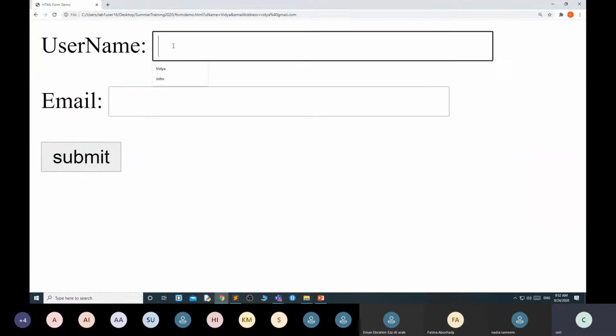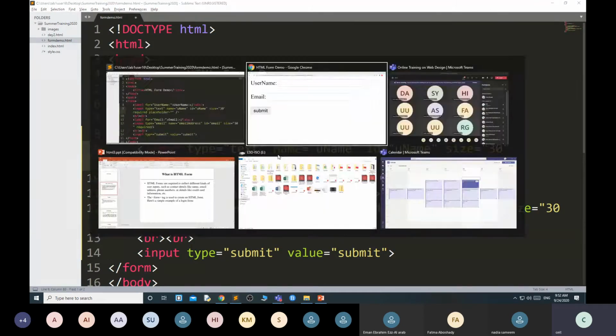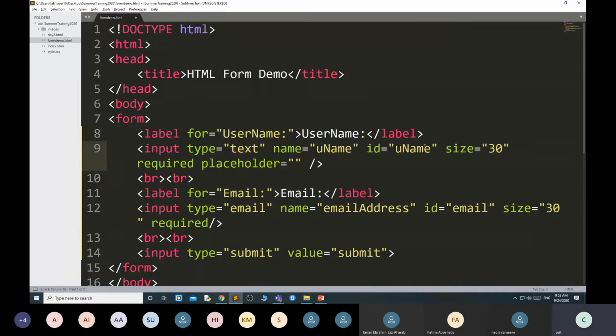Suppose I want to hint something inside the text box, then I am using placeholder. Suppose in placeholder I am writing enter user name.